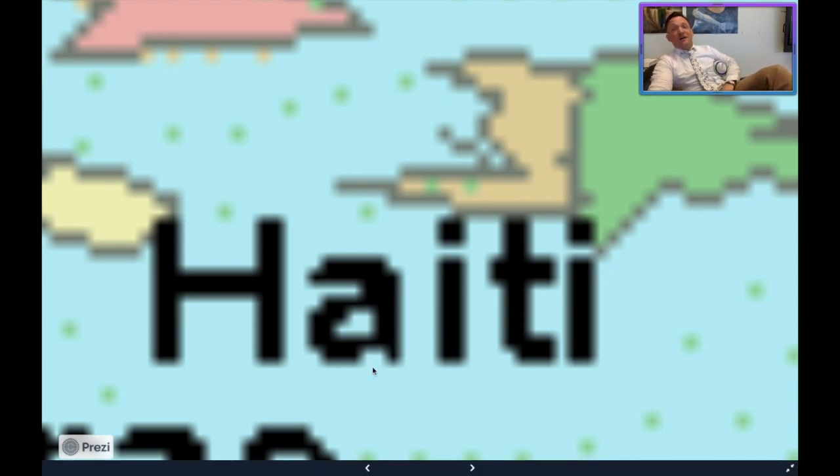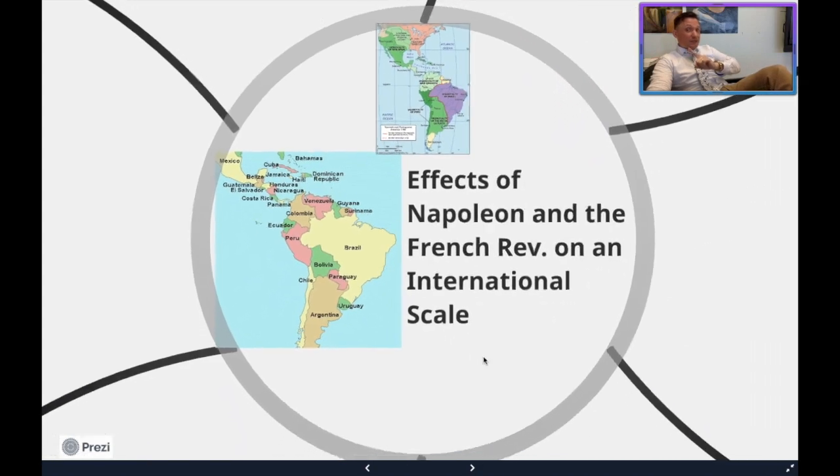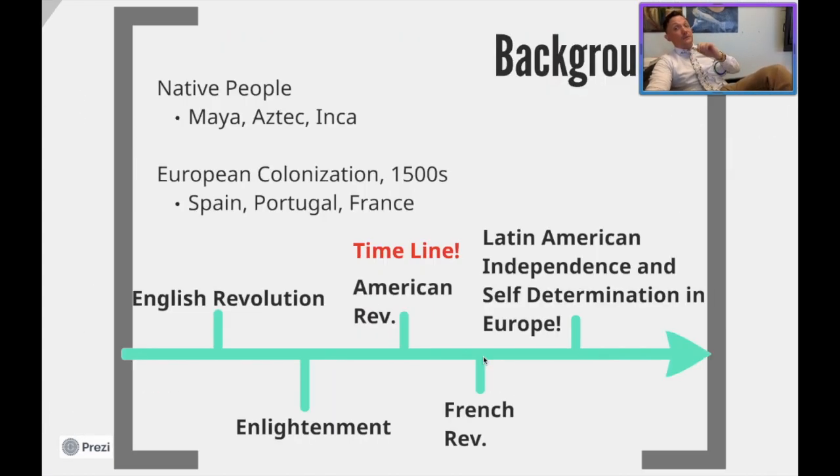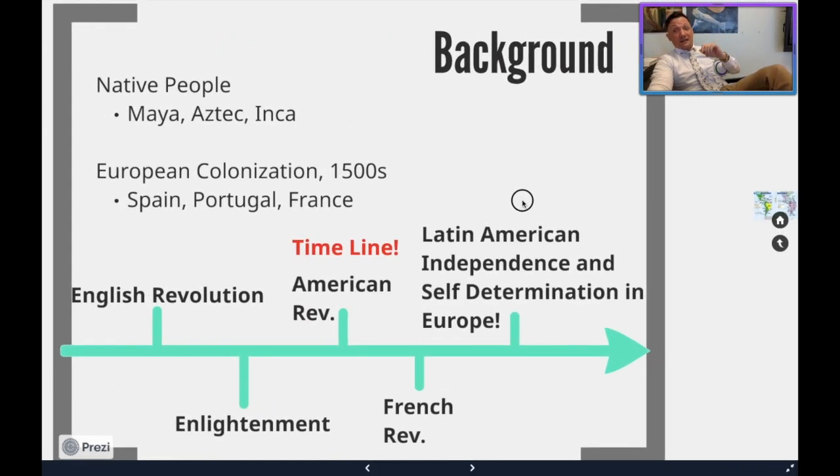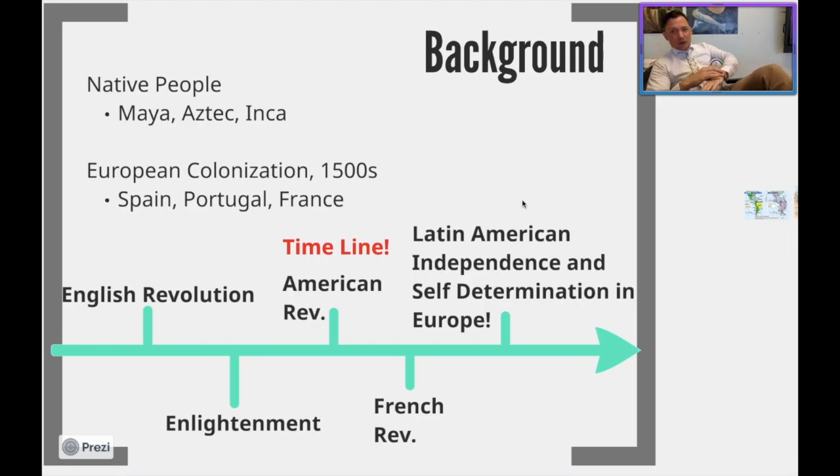The liberation of Haiti, right? Which actually originally was a French colony, and all of Napoleon's shenanigans are going to cause a lot of calamity. Now, this right here, the background to what we're about to talk about, you do not need to write this down. You do not need to write this down. I'm just getting you caught up in where we've been this whole time, right?